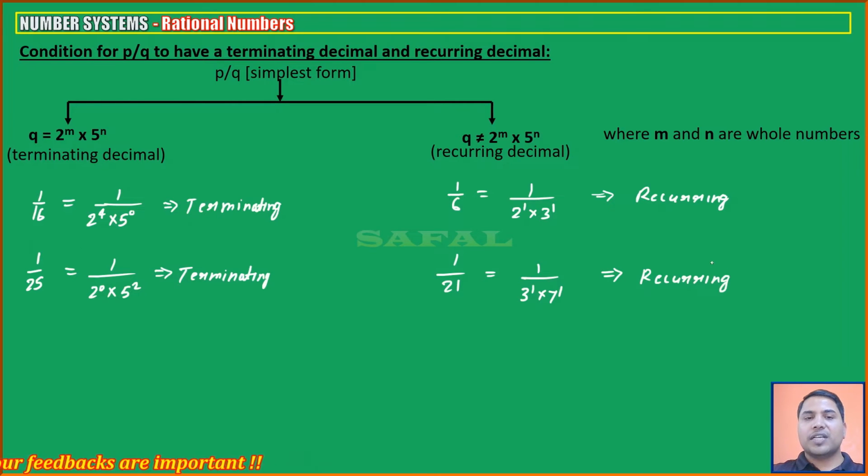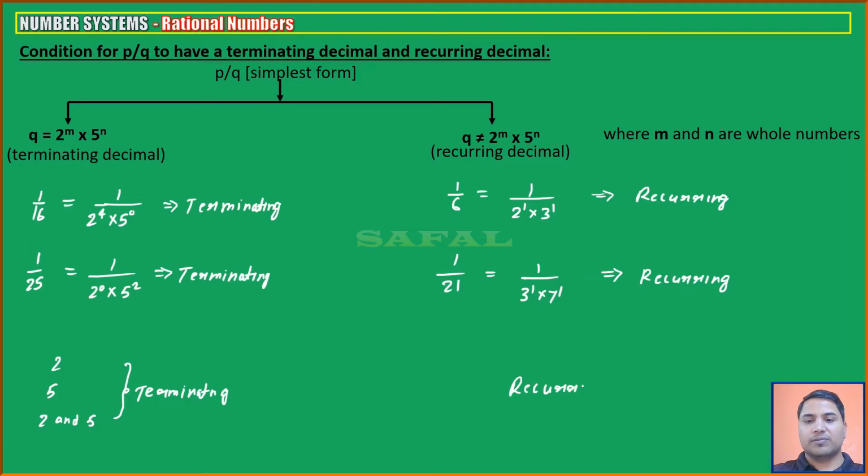Okay. So बहुत ही आसान है. आपने क्या करना है? P by Q को simplest form में लिखना है and then denominator का prime factors आपको करने हैं. अगर prime factor सिर्फ 2 आता है या सिर्फ 5 आता है या 2 and 5 both आता है, तो इस केस में क्या हो जाएंगे? तीनों केस में आपको टर्मिनेटिंग डेसिमल मिलेगा. ओके. और अगर ऐसा हुआ कि आपने डिनोमिनेटर्स के फैक्टर किए और वो 2, 5 के अलावे कोई और भी प्राइम नंबर प्रेजेंट है, सो उस केस में क्या हो जाएगा आपके पास? रिकरिंग डेसिमल. ओके.